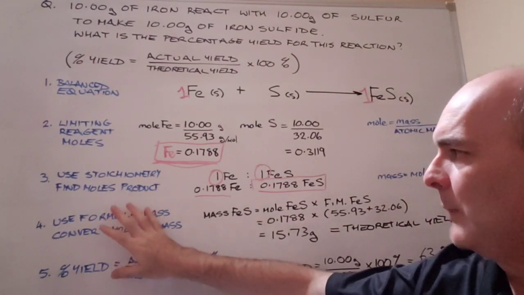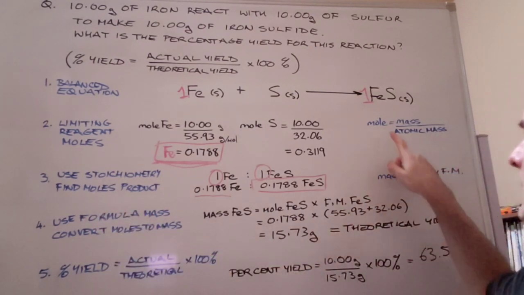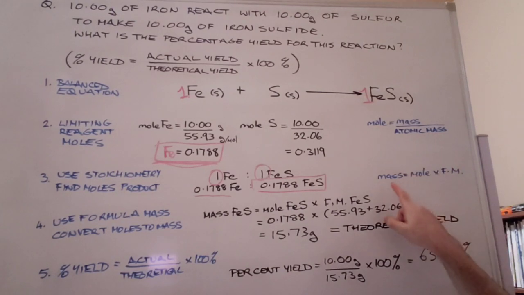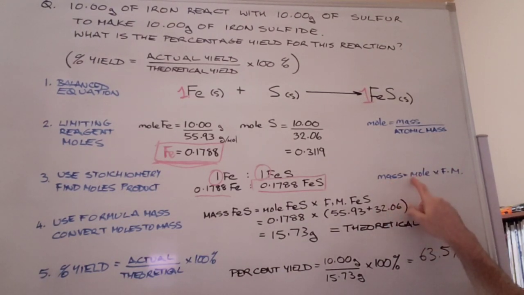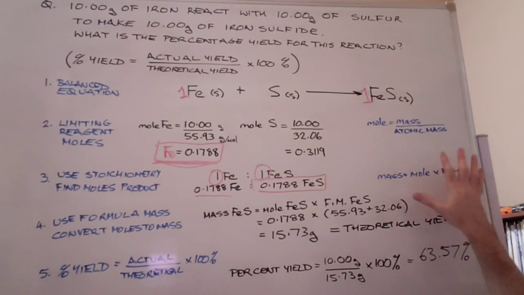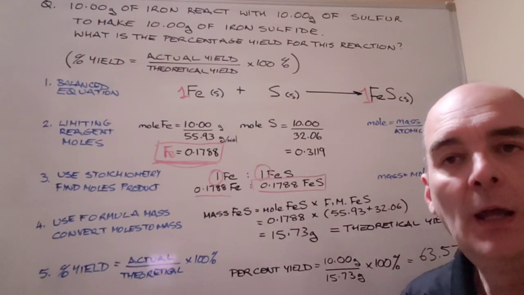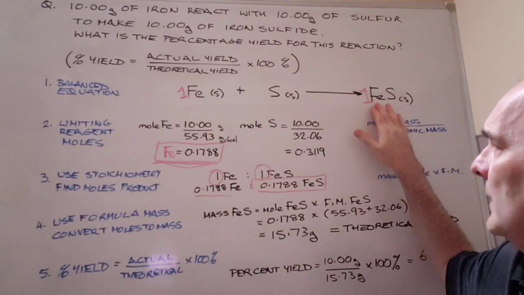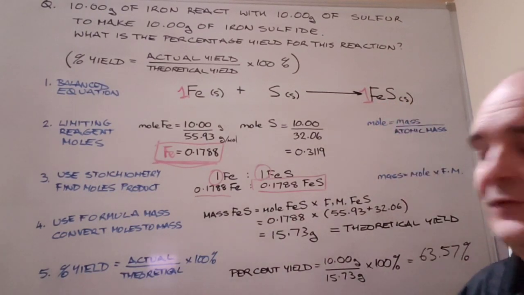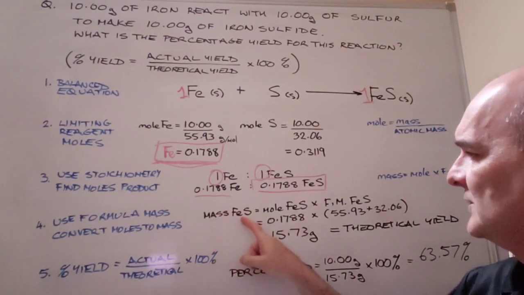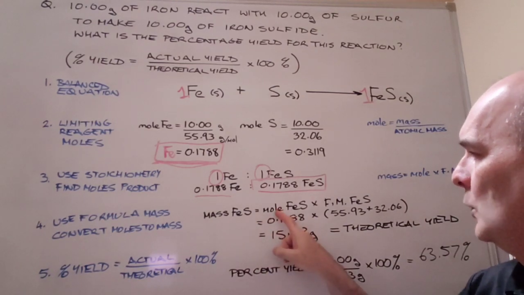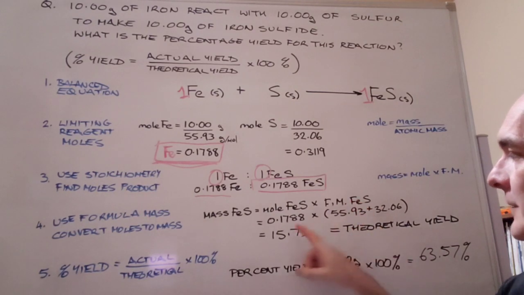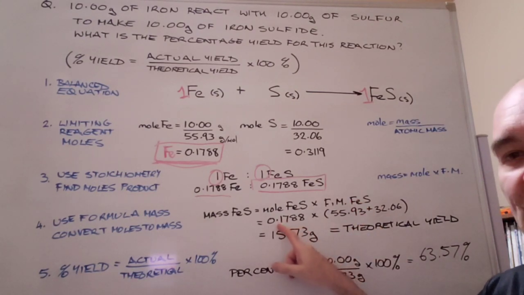Okay, I'm going to use formula mass, because my product is a compound, not just an atom, to convert moles back to mass. Remember, moles is mass divided by atomic mass. That means that mass is moles times atomic mass, or in our case, formula mass, and the formula mass for iron sulfide is the atomic mass of iron plus the atomic mass of sulfur. So the mass of iron sulfide is the moles of iron sulfide times the formula mass of iron sulfide. The moles we've determined was